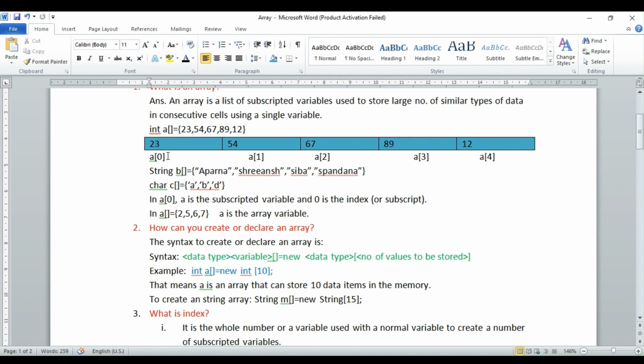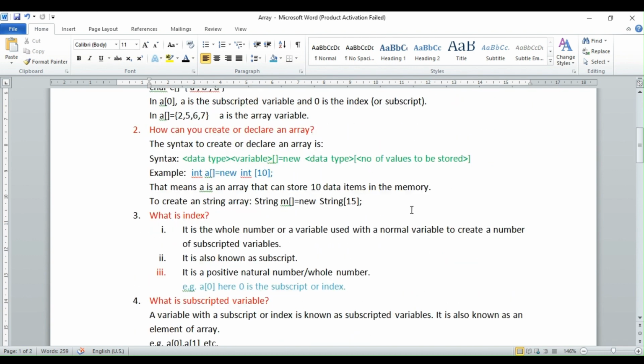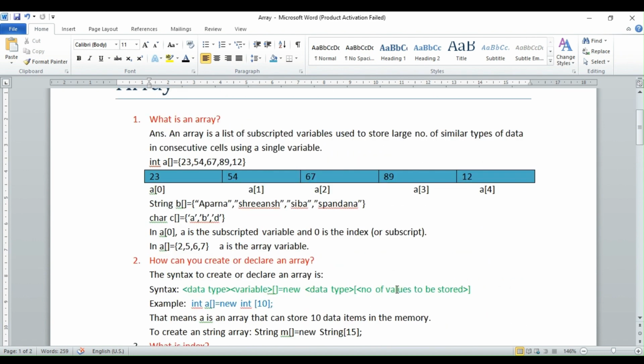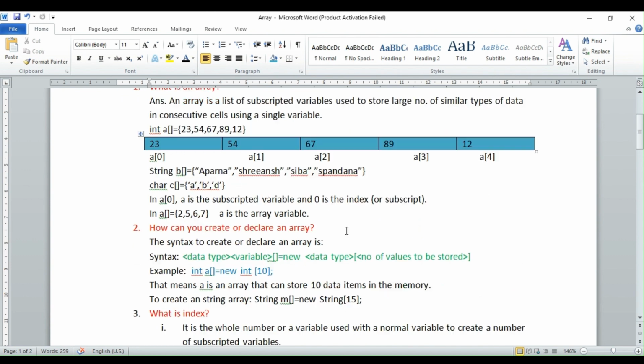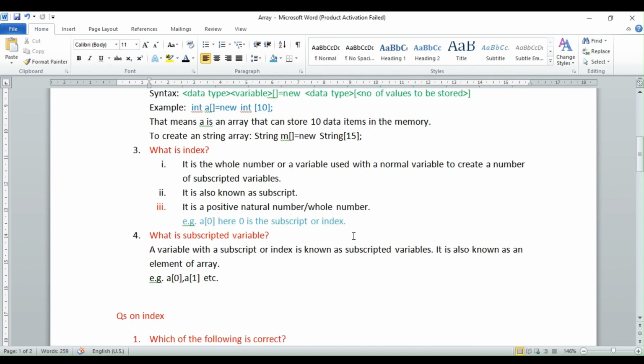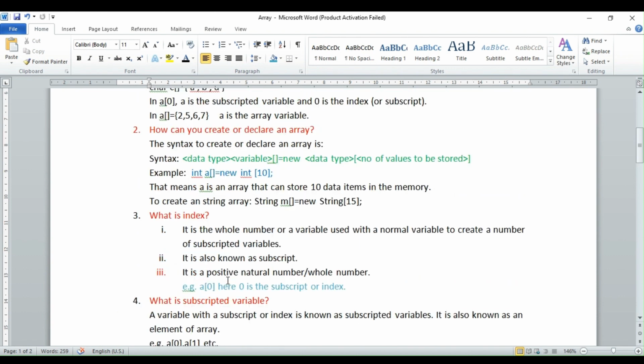So all these are subscripted variables. It is also known as an element of an array. A0, A1, A2, A3, A4 are elements of the array A. So A0, A1, etc. are known as subscripted variables.